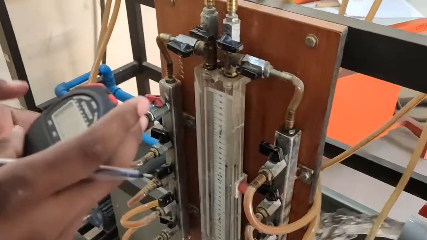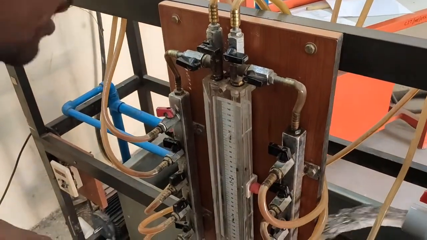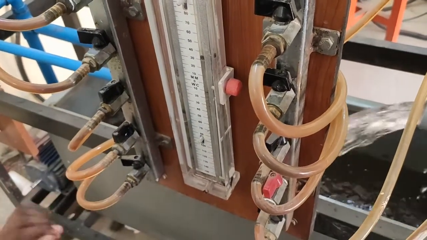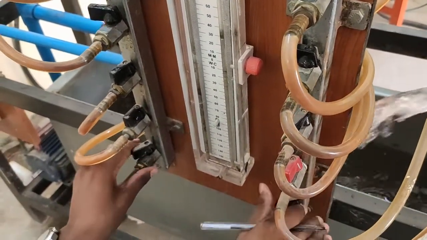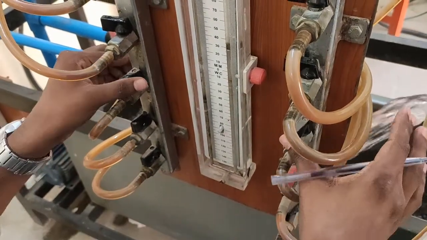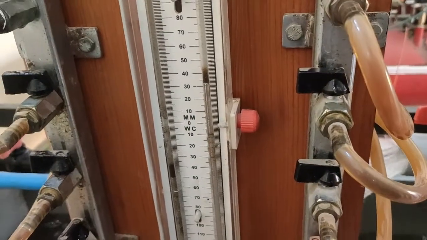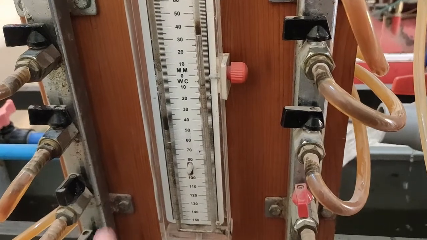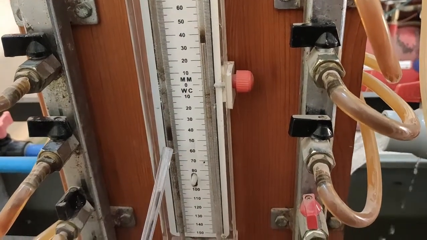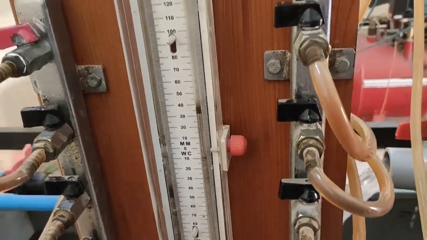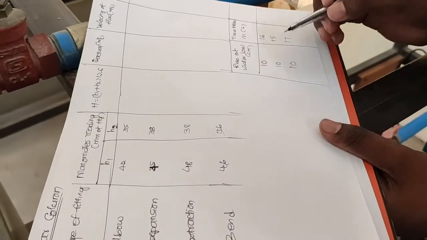Now for the last, the bend section, the same procedure. There is a bend valve. Remember, these pipe tubes will be fitted with the bend section of the pipeline. Now just release this valve and close these valves. Sorry, not elbow, it is the contraction section. Now you can observe the manometer reading. From here you can see 46 it is showing. H1 will be 46, H2 will be 36.